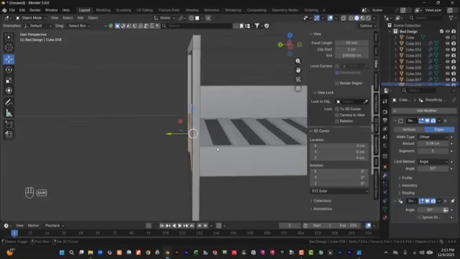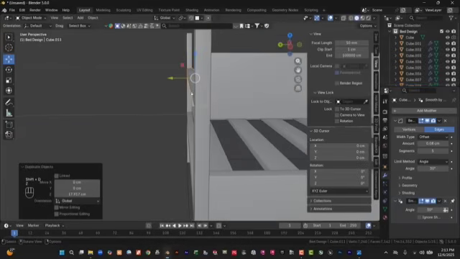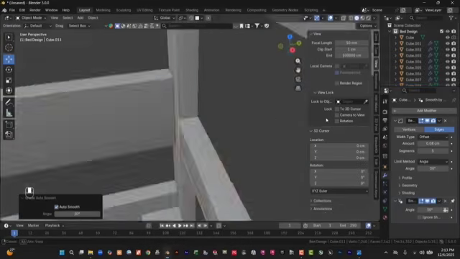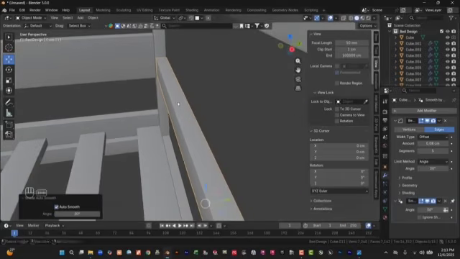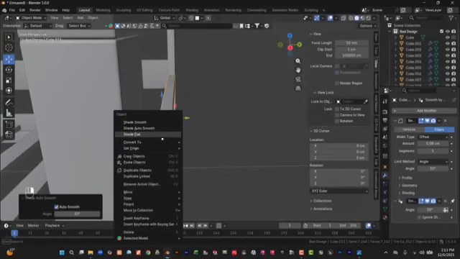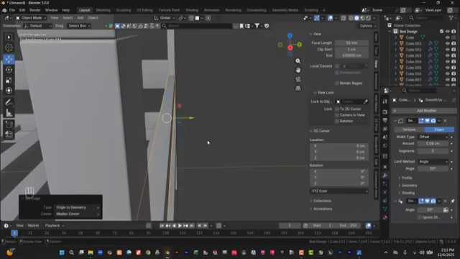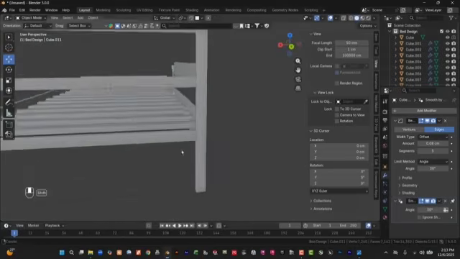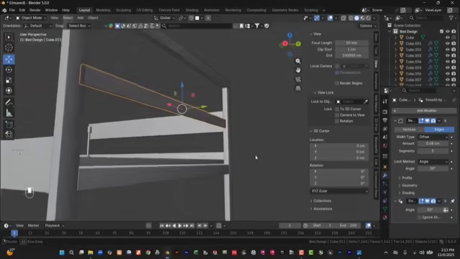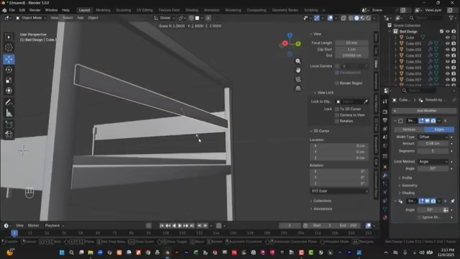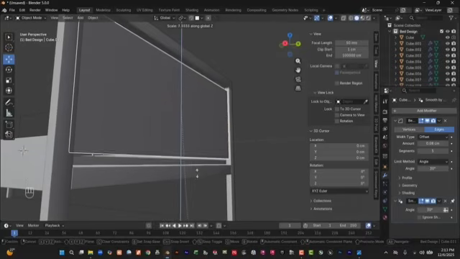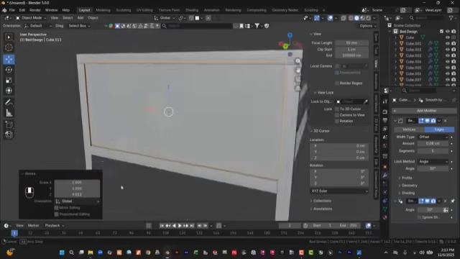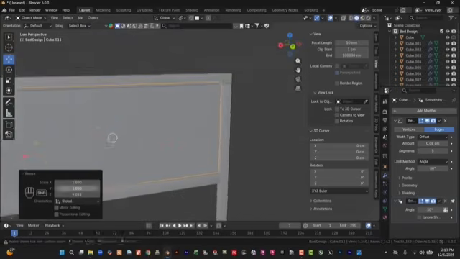So we will go Shift plus D Z and make it smooth and select origin to geometry, make it scale Y because it should be thin, and let's go scale Z axis. Okay,